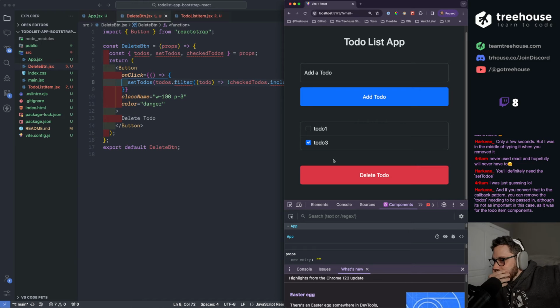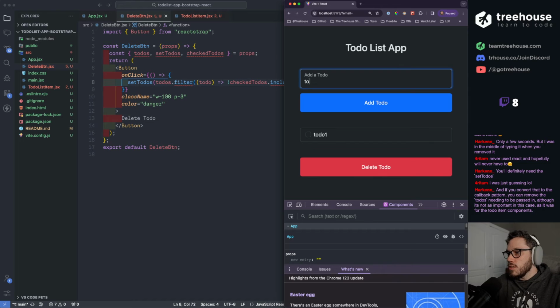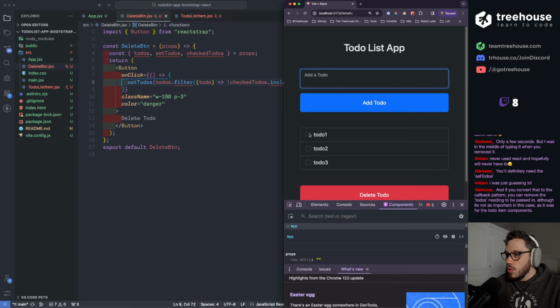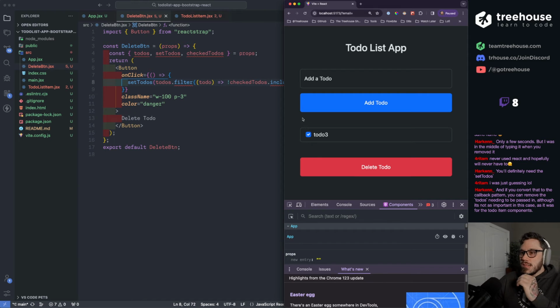So it kind of works and it kind of doesn't, because now it's adding that checked state to the wrong to do. It deleted the right one, but now it's adding a checked state where it doesn't need to be. Let me make sure. To do 1, to do 2, and to do 3, and we'll delete to do 1. And what I think is going to happen is to do 2 is going to get that checked state. Yeah, it does. And now if I actually click delete, nothing happens because I don't think this is actually checked. But now if I do it, yeah, it'll delete it. That's weird. I actually don't understand why that's happening.